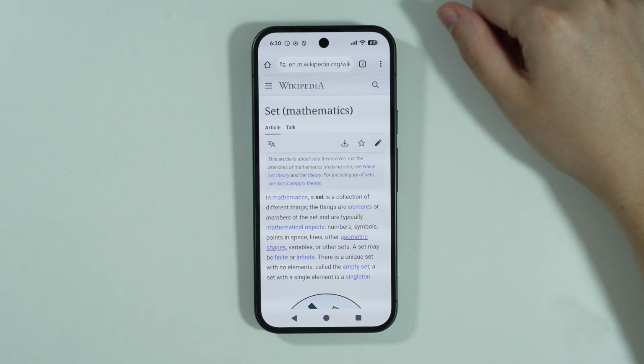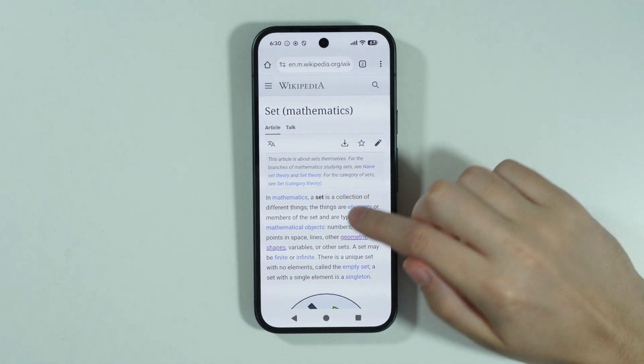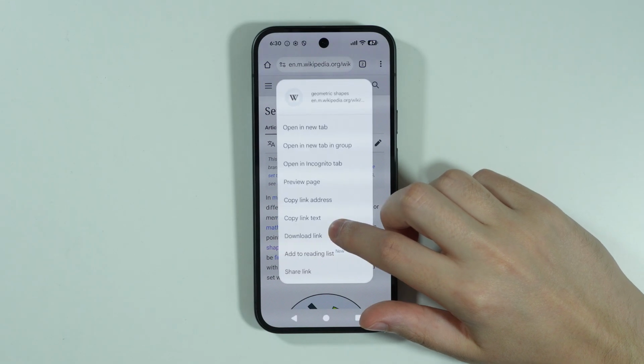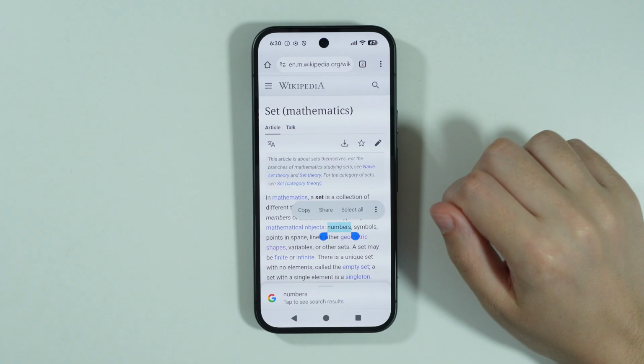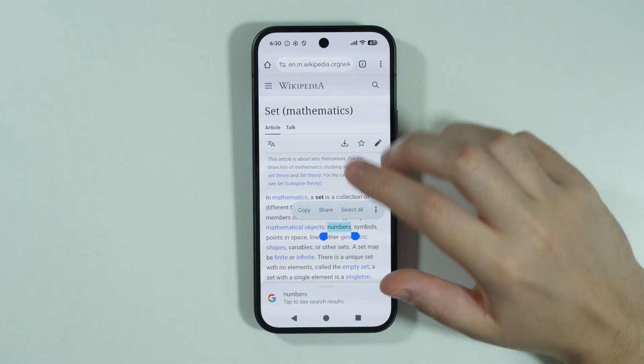If you want to copy a text on Google Pixel 10, what you can do is most of the time you can simply press and hold your finger on the first word that you wish to copy. There we go. And then as you can see, we have the copy option, or we can share the selected